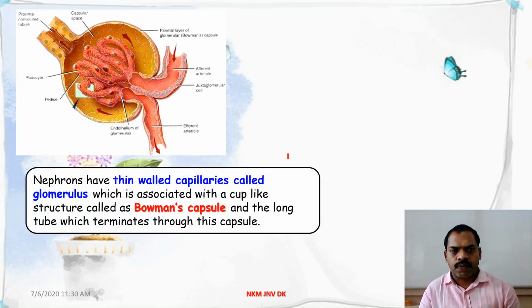See, inside the nephron, the initial part of the nephron is called Bowman's capsule. So this part is called Bowman's capsule. The opening is like that. The structure is cup shaped. Inside that, blood capillaries are entering. You can see that artery